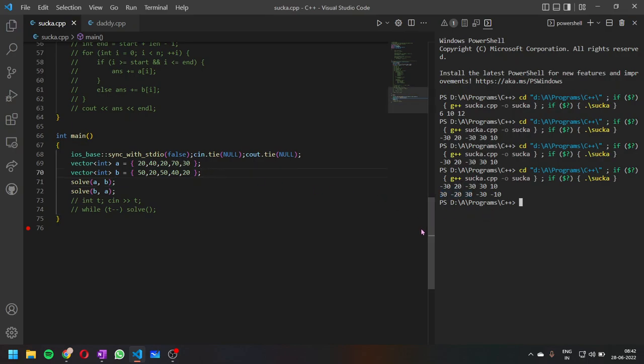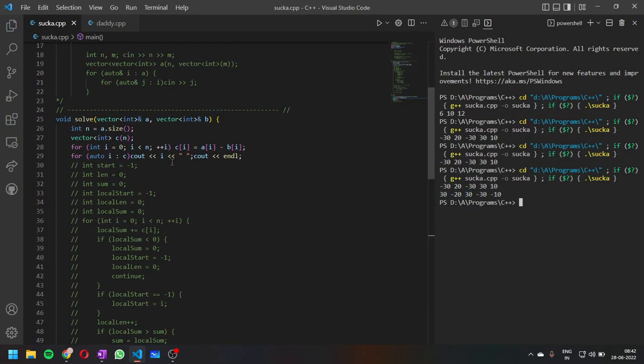First we have seen that we have subtracted both of these arrays. Now I am defining some variables. The first will store the answer. The start will store the starting index from which my maximum possible subarray is starting, and length is the length of that maximum possible subarray. And this will store the sum.